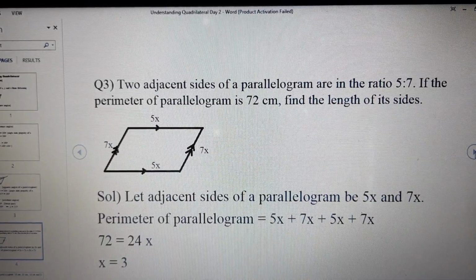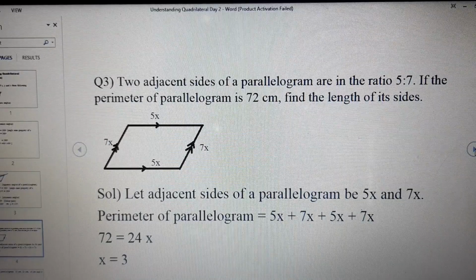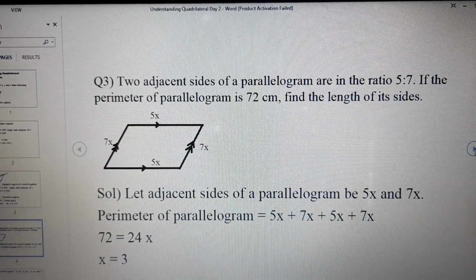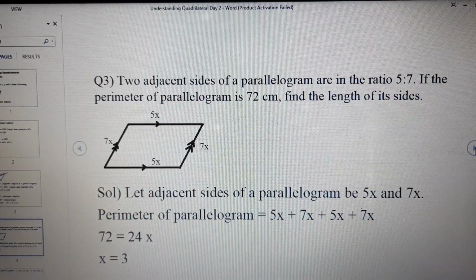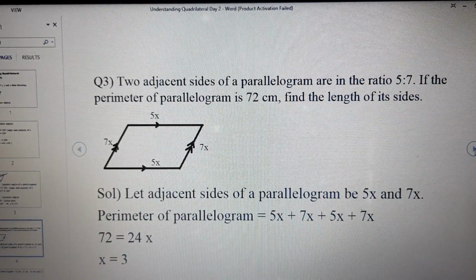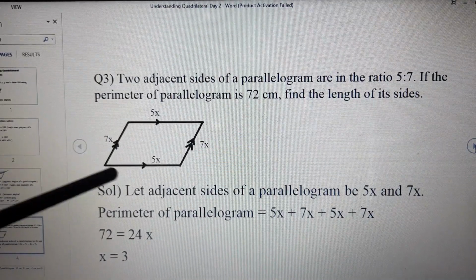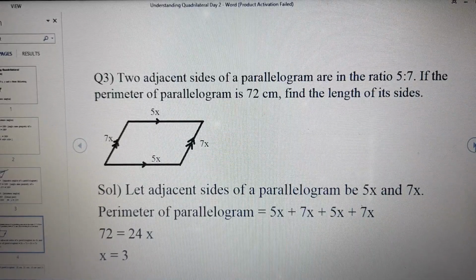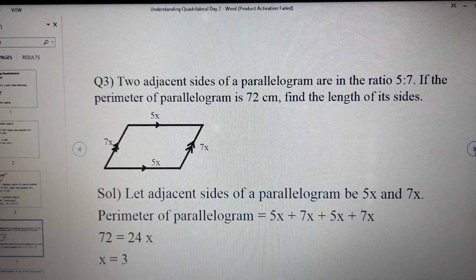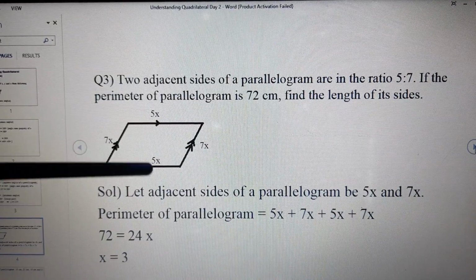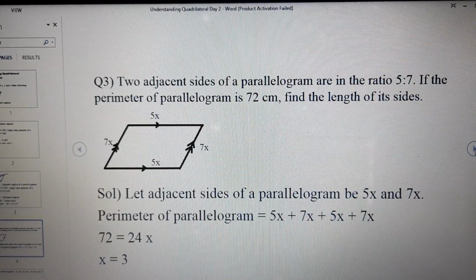Moving on to the next question, it is dependent on the sides of a parallelogram. As we know, opposite sides of a parallelogram are equal. But if we read this question, it says two adjacent sides of a parallelogram. Adjacent sides means one after the other, okay, adjacent sides AB, BC. One can be length, the other can be breadth kind of thing. So for two adjacent sides of a parallelogram, a ratio has been given.